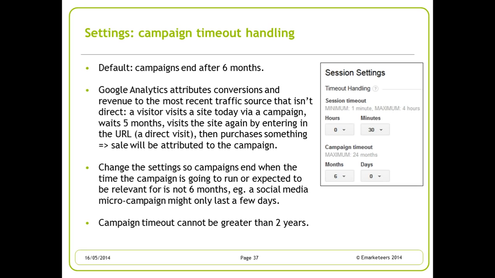That success is actually allocated to the campaign that happened months ago. And you may not want that. So maybe you want the time frame of a campaign to last only 1 month. Well, through the interface, you can now reduce that time frame or increase it if you think it should be longer. But usually it's decreased.